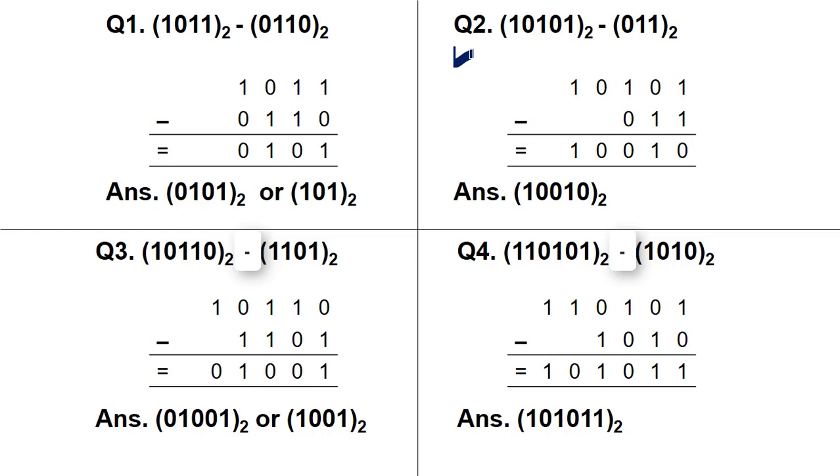Second question is a very simple question compared to the previous one. It is 10101, and from this we have to subtract 011 with a base of 2. So first of all we have to note down the numbers like this, and then we have to subtract them. Our first combination is 1 minus 1. It will give you a result as 0. Always keep one thing in mind, that whenever you are subtracting these numbers, you have to subtract bit by bit.